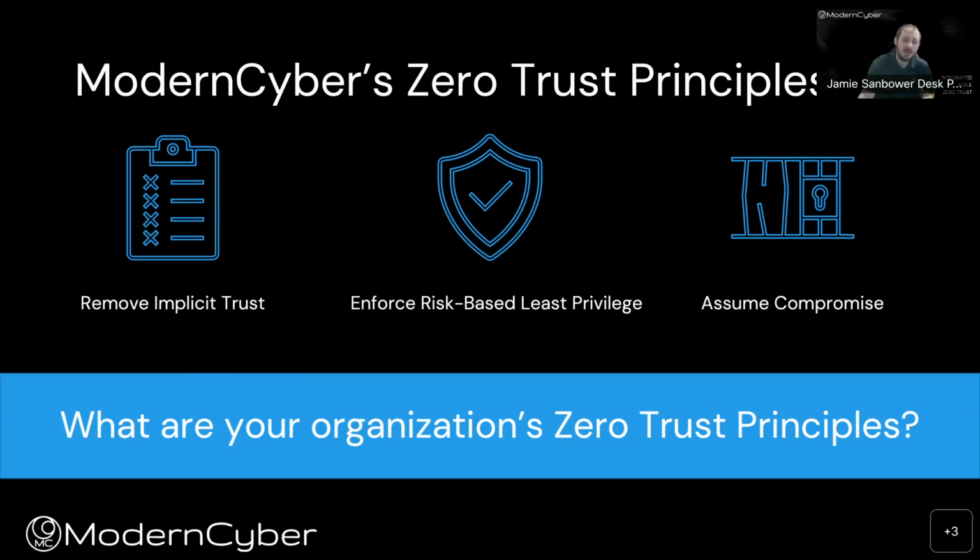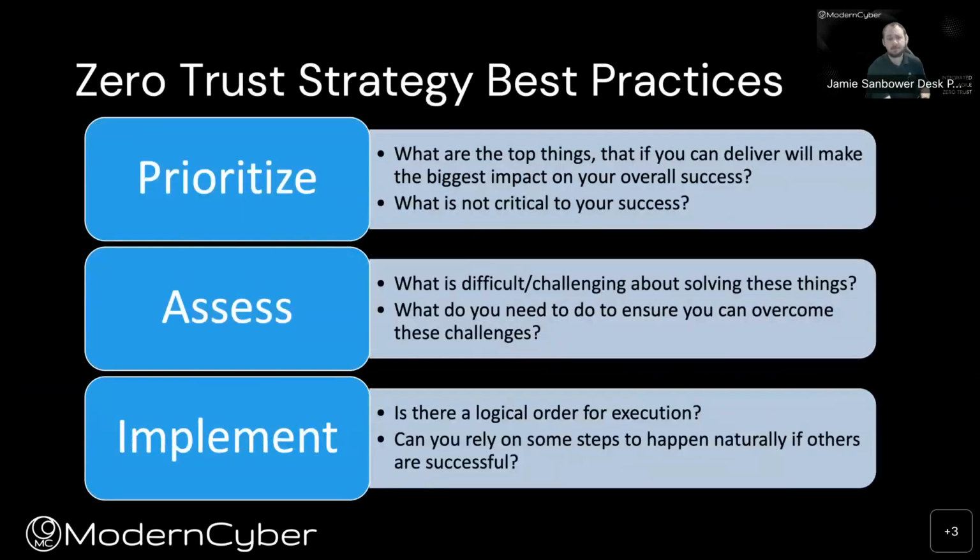And what you'll find is many of the vendors out there, Cisco, Microsoft, Palo Alto, all have different principles that they will represent. For the most part, you'll find they're very, very similar. So coming up with the right language and being able to communicate those principles so they can be implemented across the organization is a big part of Zero Trust strategy.